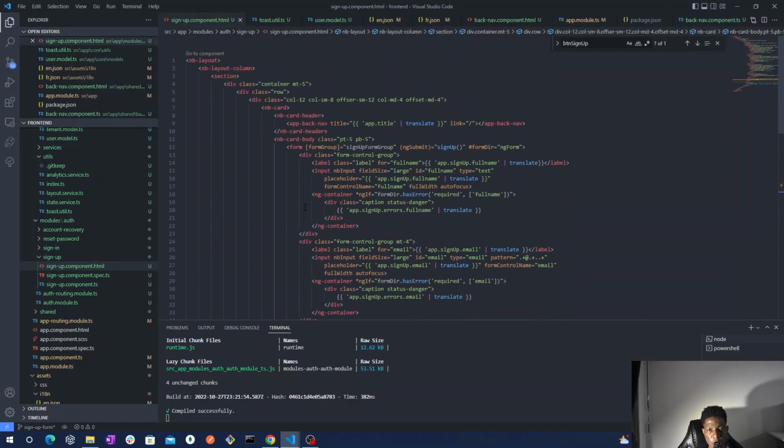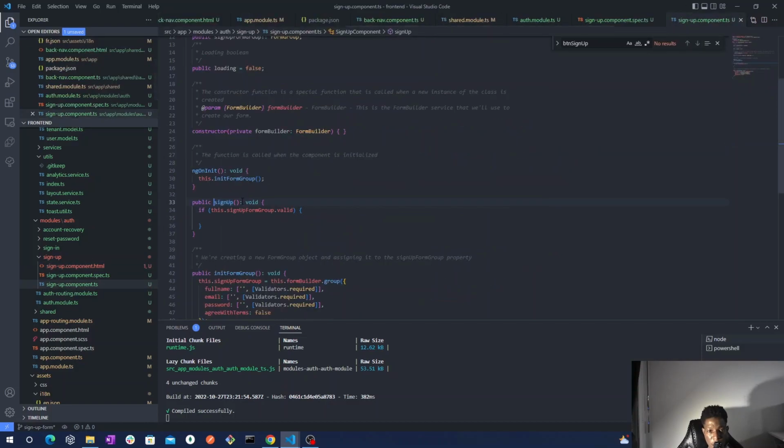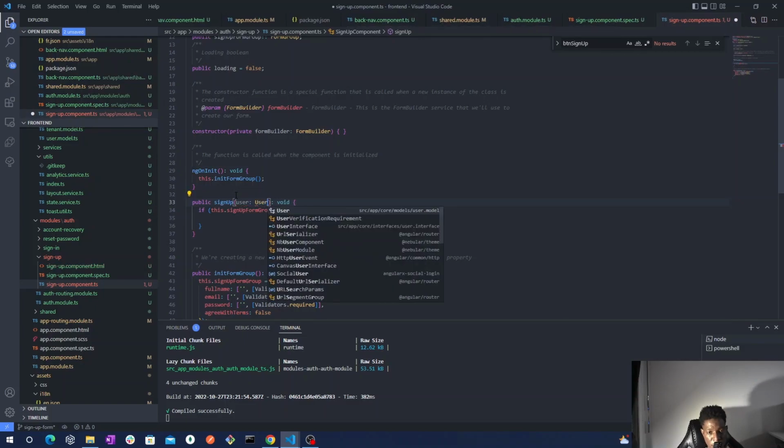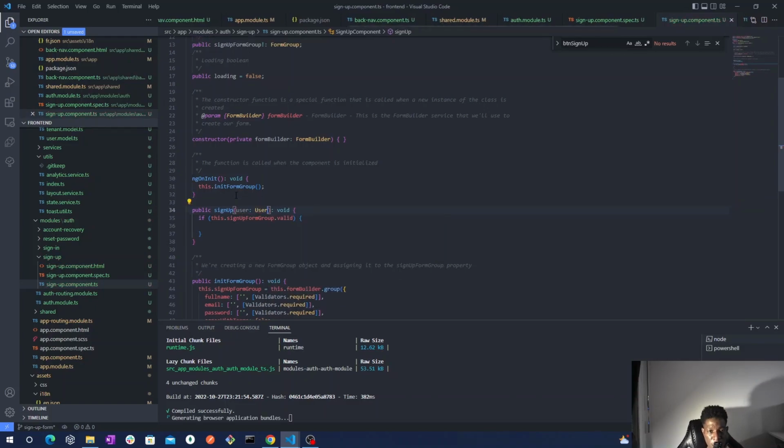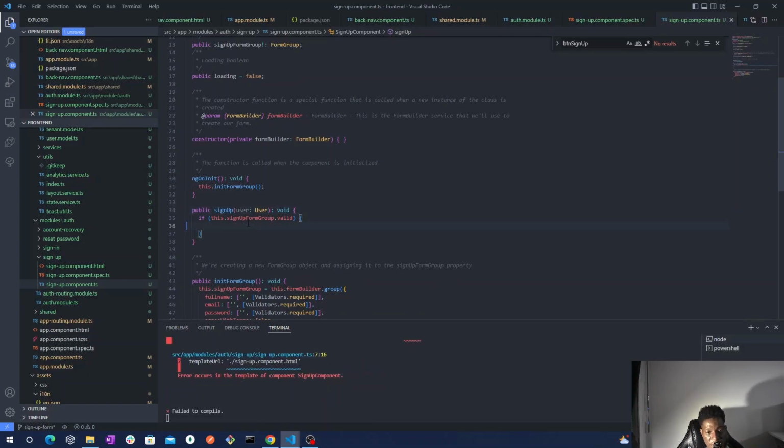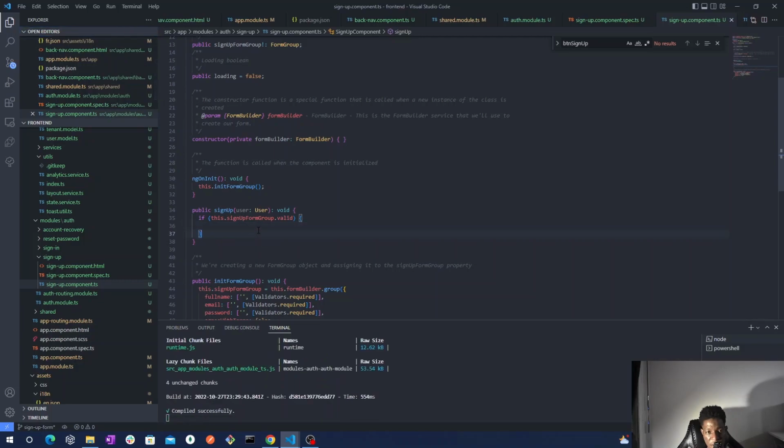So here we will directly pass our value, corresponding to the user. Sorry, that will be value here, and here we have our user, so our user model, and we check if the form is valid. If the form is valid,